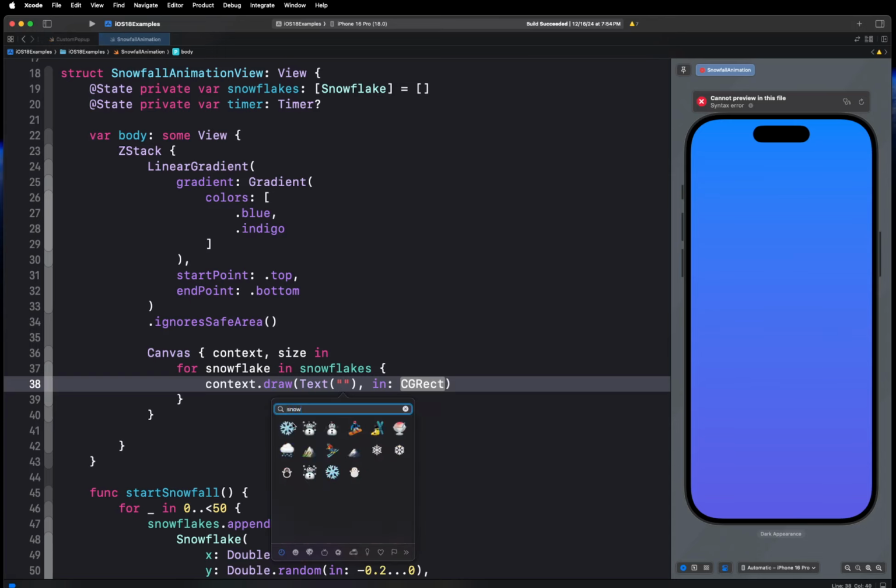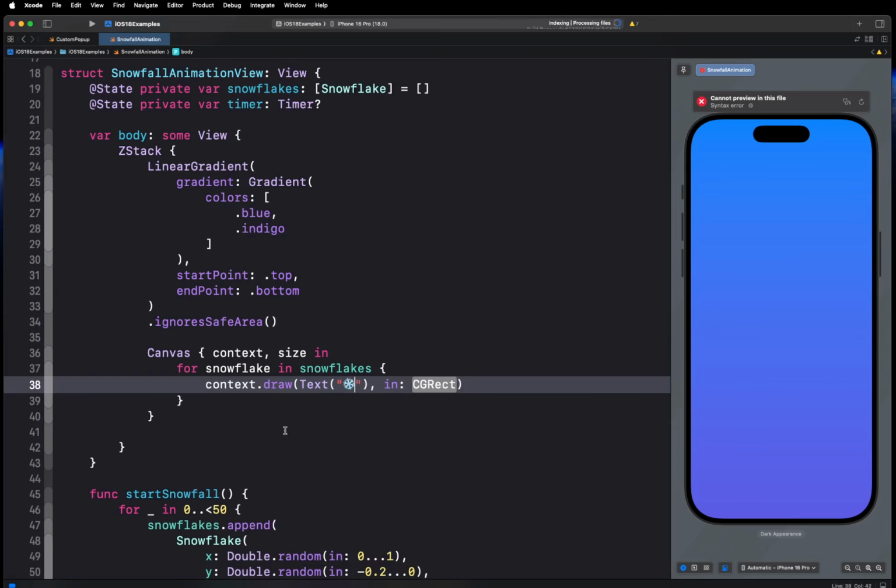Let's choose the one where it retains the color. There we go. And for the in, which is basically the rect on which it's going to be applied,